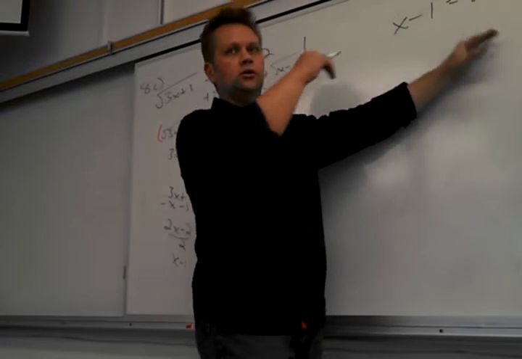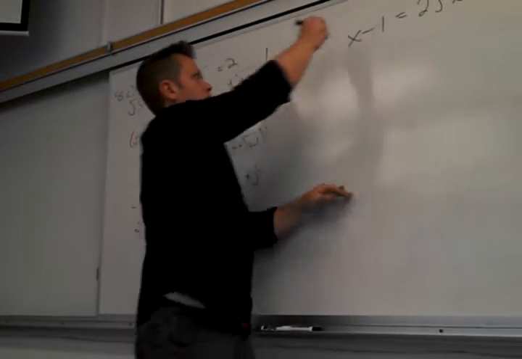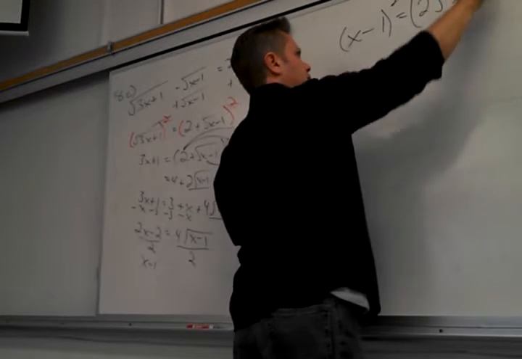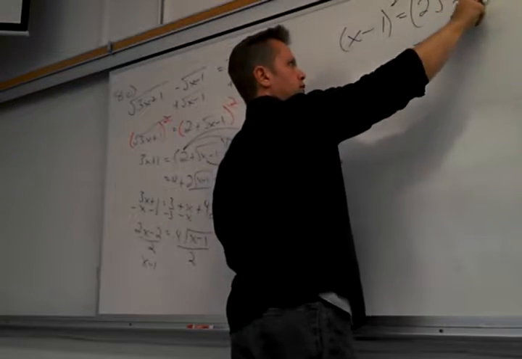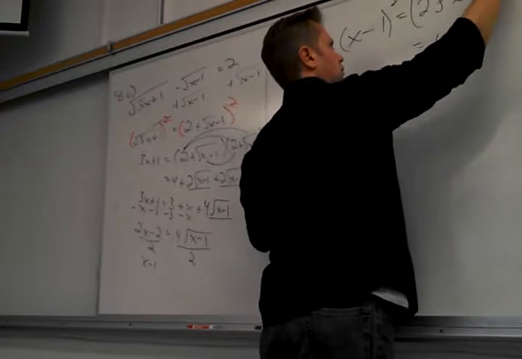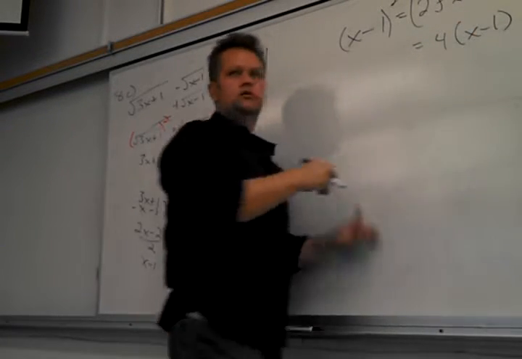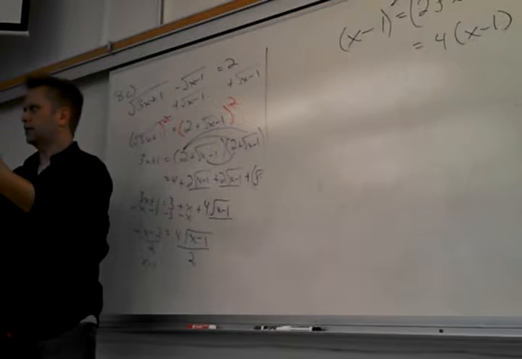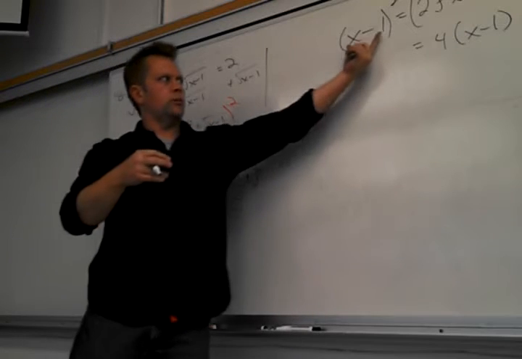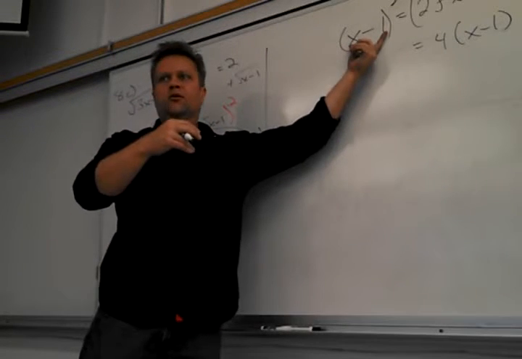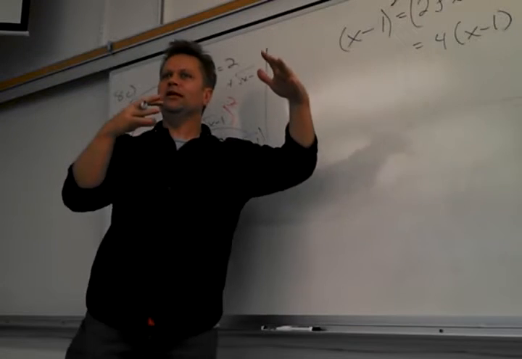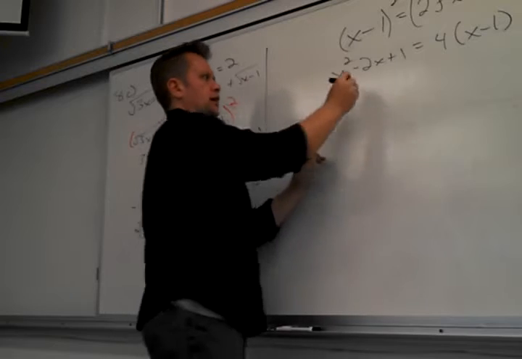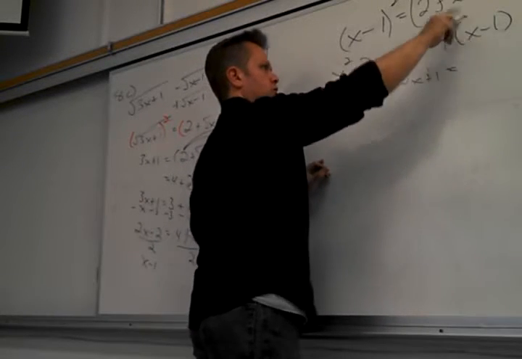All right. So now what am I going to do? Good. So on this side, you'll get 2 squared is 4. Square root of x minus 1 squared. Yeah, so you get that in there, right? So whatever you leave behind has to also be squared because it's on that side. And on this side, of course, what am I going to do? Foil it again. Does this problem ever end? Right? I'm sure this is what you guys are thinking. We're almost there. So I get x squared minus 2x plus 1 equals